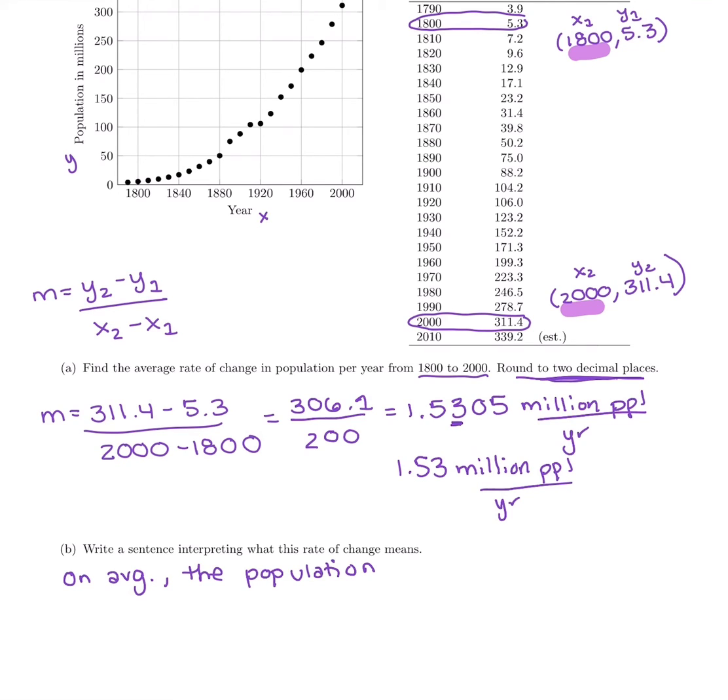Well, it's a positive 1.53, and we can also look at the numbers. The population went from 5.3 million people all the way up to 311.4 million people. So we know it was increasing, either by seeing our positive answer or just knowing that the numbers got bigger by a lot. So on average, the population was increasing